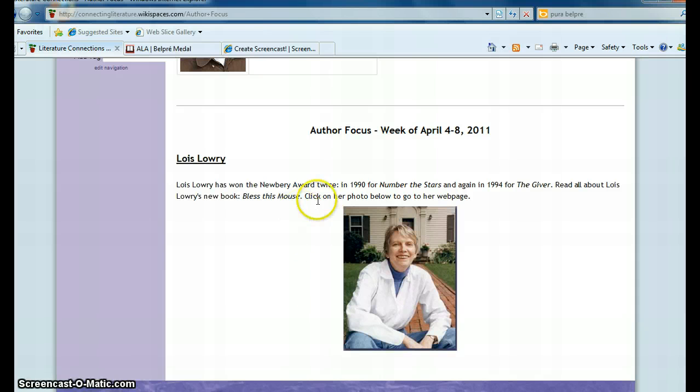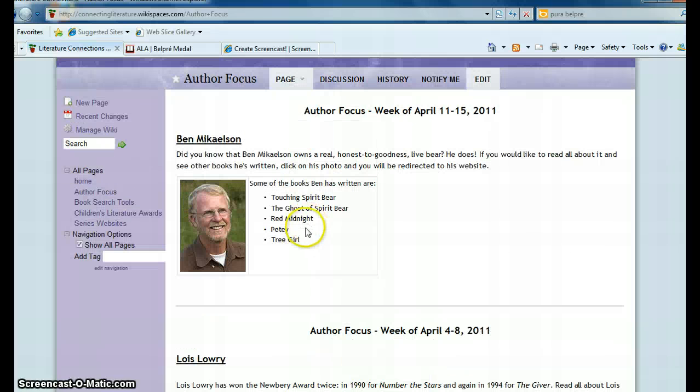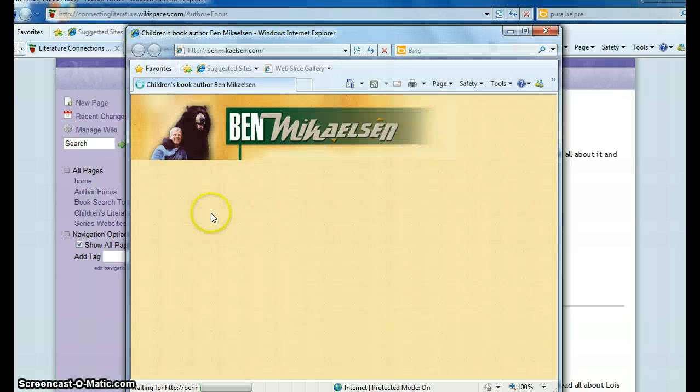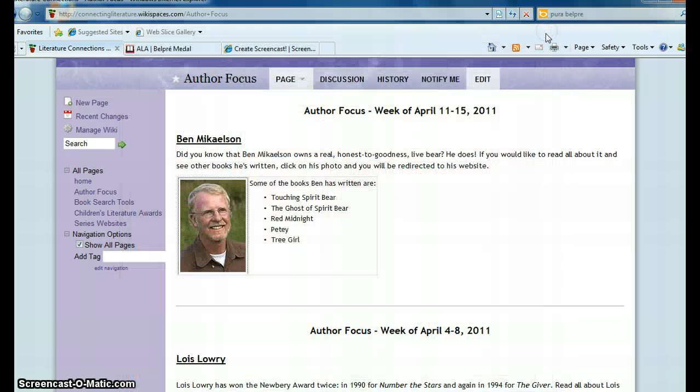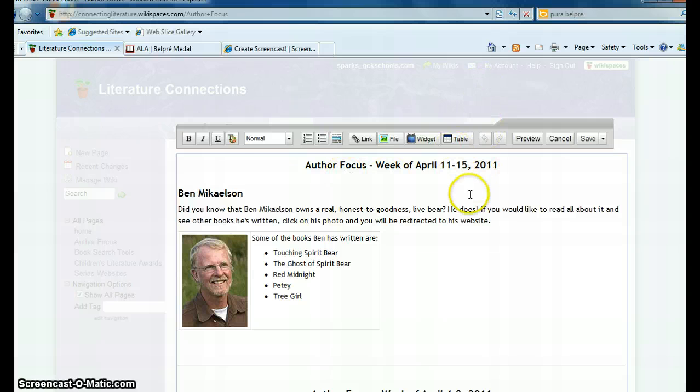I put Lois Lowry on here because she has a new book out. I put Ben Michelson on here because he's a personal favorite of mine. When students click on his picture, they will be redirected to his website, and I'm going to show you how I did that. First, you click on Edit,